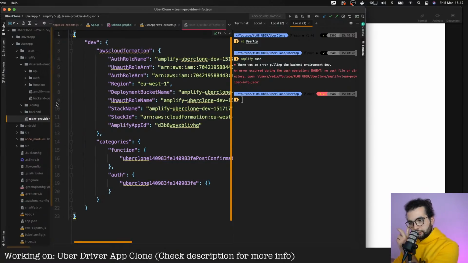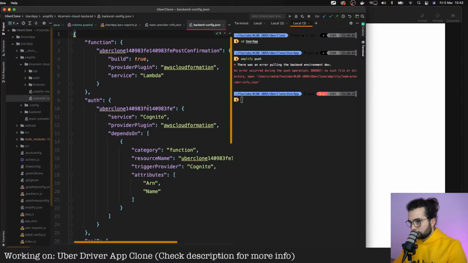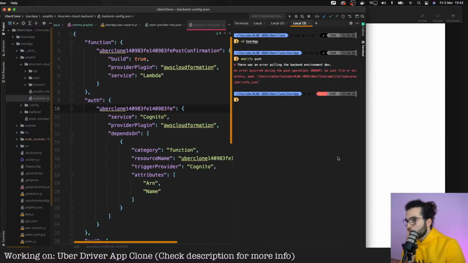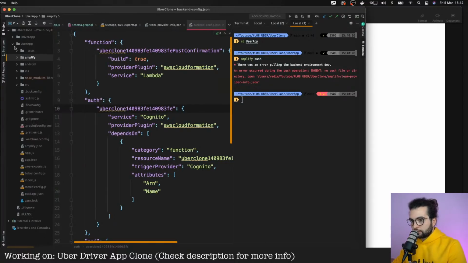Very weird. No, but I should be able to find somehow who is referencing this file. Maybe not JSON. Team provider info. No, come on. Think. We moved it around.